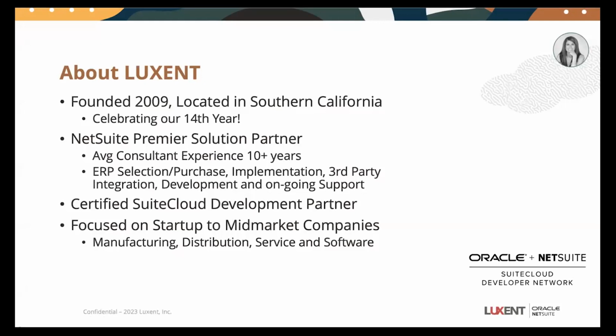We found out that a lot of customers were either not getting exactly the right software or sometimes getting too much software than they needed. So we really thought it was important for us to help them through the alignment of their requirements and selling the solution to them and then helping them ongoing. Our tenure and our experience is deep. You'll find that we have 10 plus years as business consultants, and a lot of expertise in other areas of the business. So we really try to help companies not only with their NetSuite implementation, but just their overall business process and optimizing that. We're also a certified cloud developer, which means that we can develop on